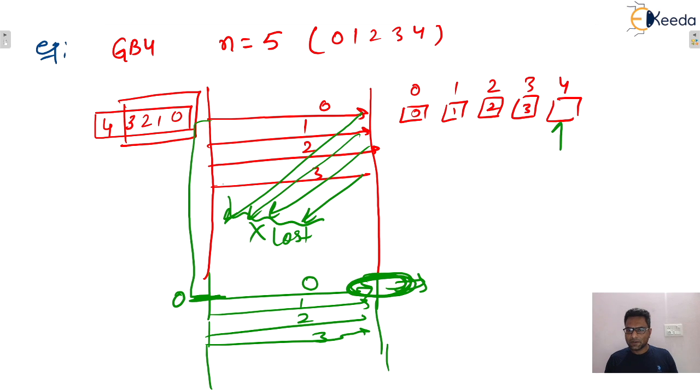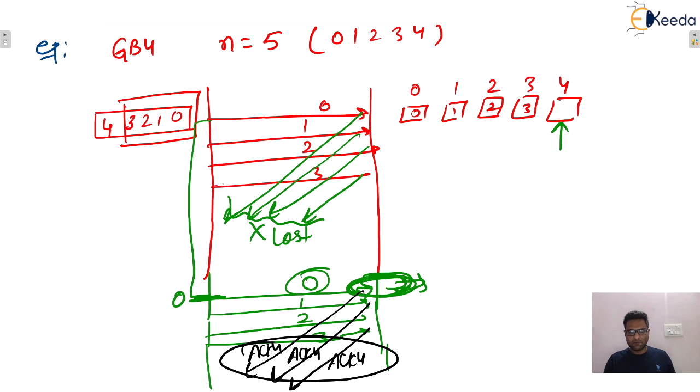So the receiver is expecting the 4th packet, but it received the 0th packet, isn't it? But the receiver smartly will transmit one acknowledgement with acknowledgement number 4. Corresponding to all these packets, the acknowledgement number will be 4 only, because the receiver is expecting 4. Once these acknowledgements are received by the sender, the sender will understand that there might be a problem: the acknowledgement got lost and all these packets were received by the receiver.